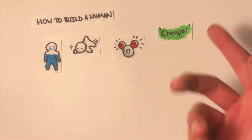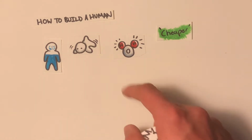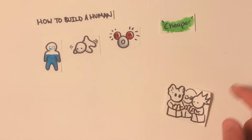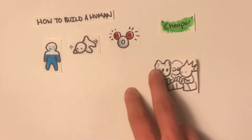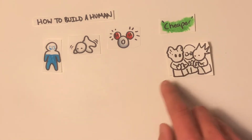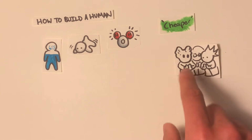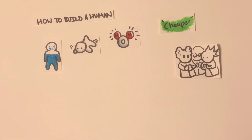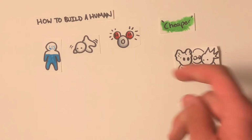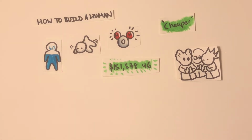But basically, oxygen and hydrogen, even though they make up most of it, are actually the cheaper substances. They're maybe around $20 each. They're actually not that much in comparison to how much you would need. And again, it doesn't really matter if you have all these elements, because it's not even possible. You can't even get the smartest scientists to create a human body. But even if you did want to make your own human body or get all the ingredients, it would cost approximately, actually not that much,